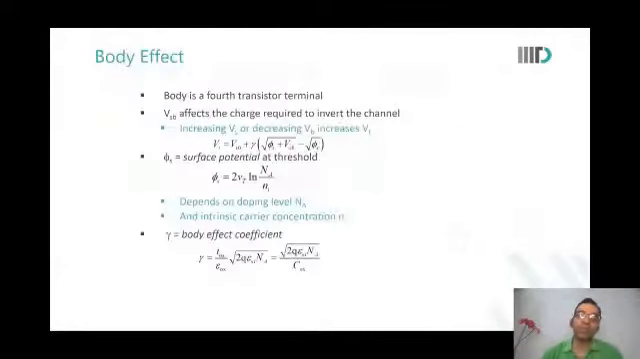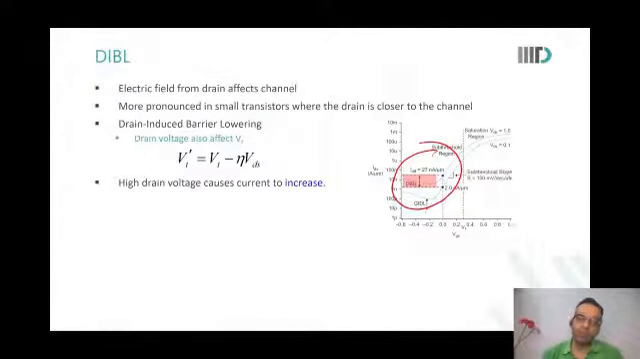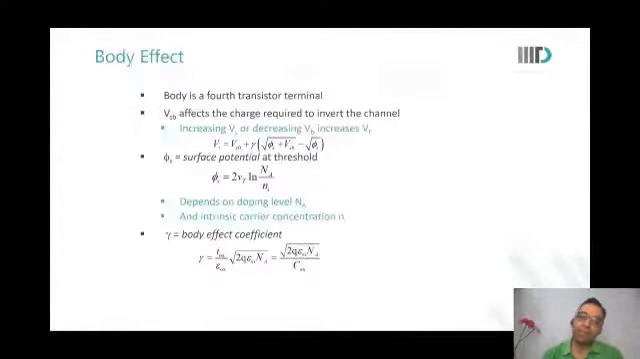Okay. So now that was DIBL. Then there is another effect which is called body effect, where we